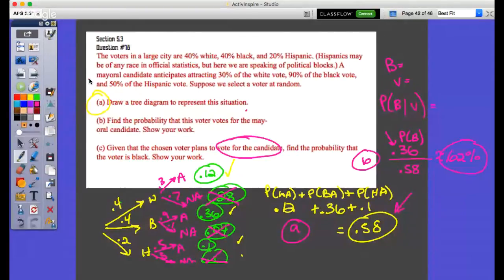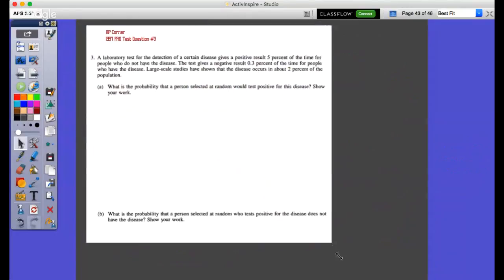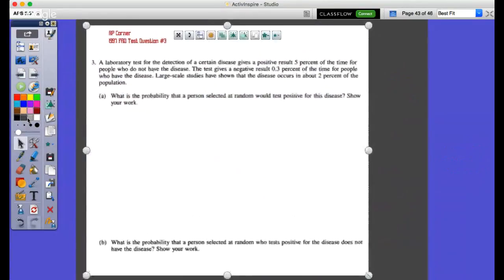Make sure you define your variables, because that will be very important, especially on the FRQ. All right, I'm checking the GroupMe real quick. Yeah, 93 and 99, I'll do that in a second. Someone also asked this one. This is actually very similar, so I'll set this one up. I think some people just asked about the wording.